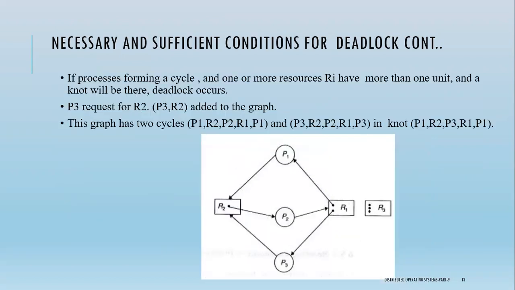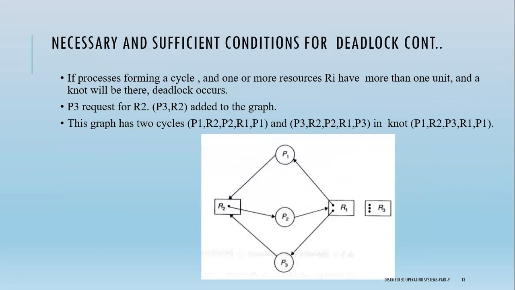Necessary and sufficient conditions for a deadlock. The sufficient condition for a deadlock is different for the following cases. Number one, a cycle in the graph is both a necessary and a sufficient condition for a deadlock if all the resource types requested by the processes forming the cycle have only a single unit each. For example, the resource allocation graph shown in the diagram shows a deadlock state in which processes P1 and